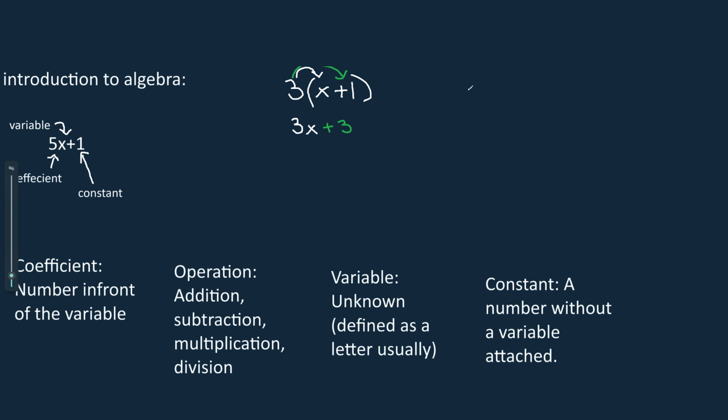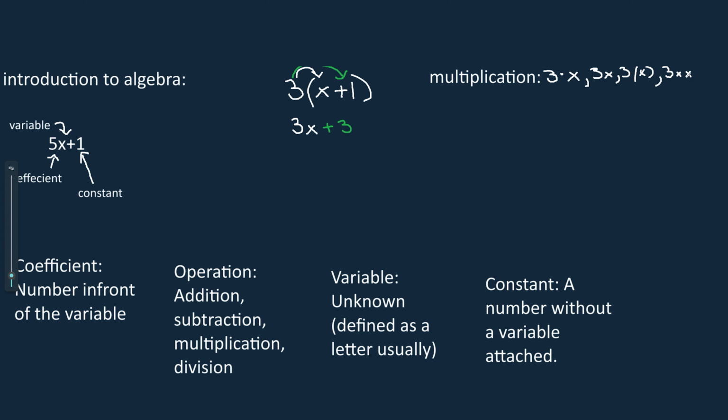Alright, so let's go over how multiplication can be seen. So, we have 3 times x, 3x, 3 parentheses x, 3x. Now,